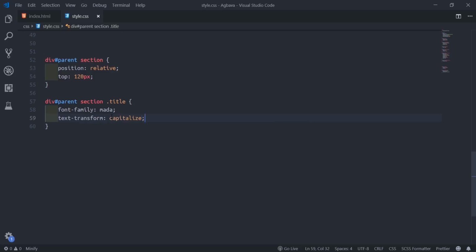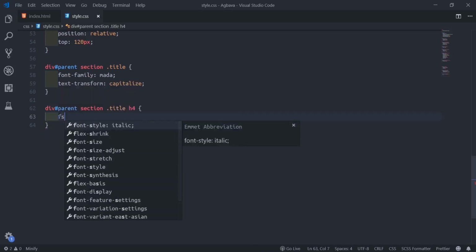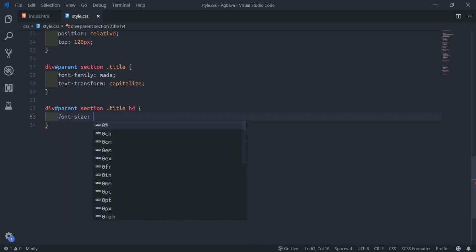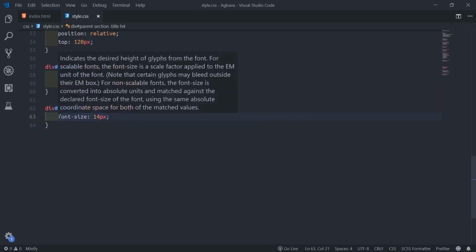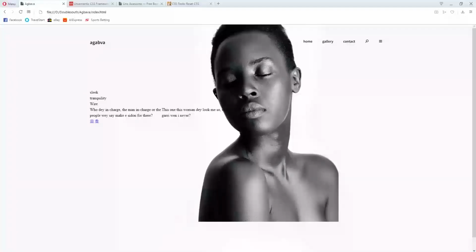Then the H4 is too small, so inside title we target the H4 and make the font size 14 pixel.